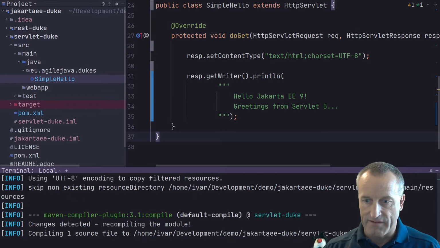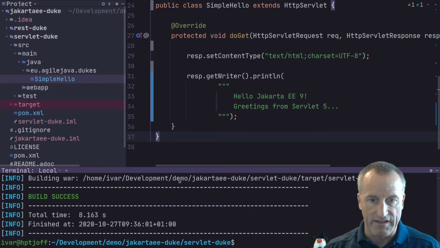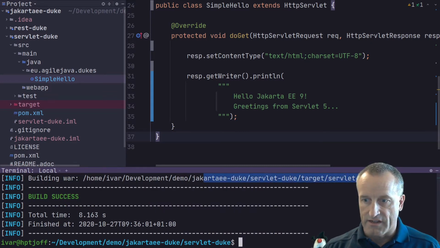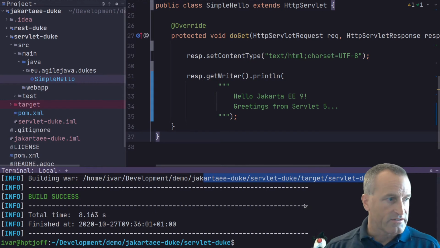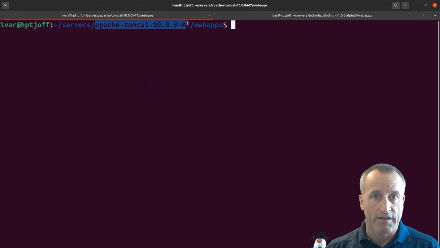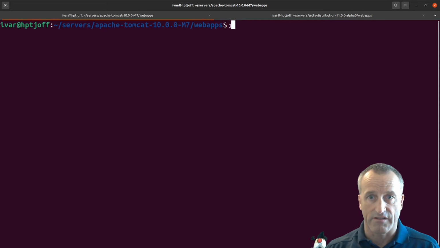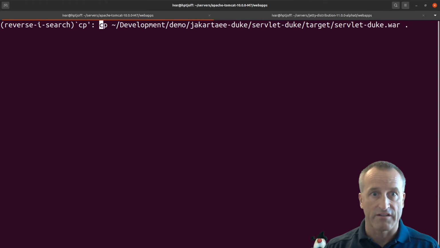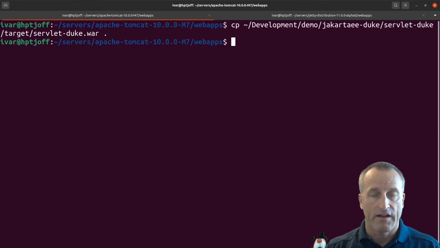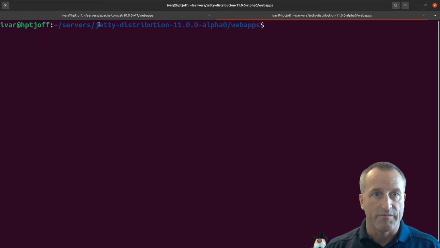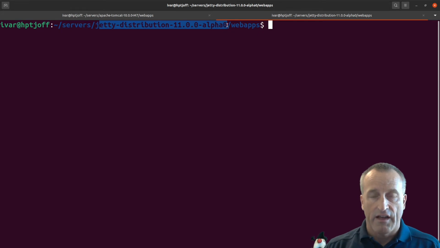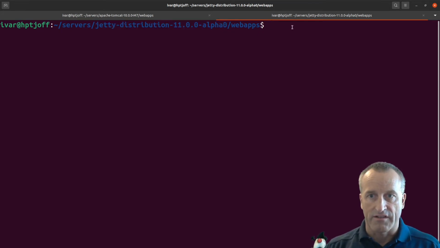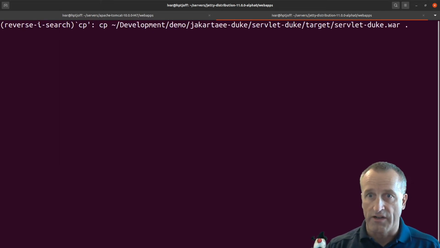So it should be building fairly quickly. And as you can see, it's here in the servlet target. I have this servlet war here. So I'll go into my command prompt, and here you can see I have Tomcat milestone 7 running. There are newer milestones out there, but this is the one I had installed here. So let's copy this servlet war into the webapps folder and let it deploy there. At the same time, I'll copy it into my Jetty, which is Jetty 11 here. And this is an alpha. I think they have some newer ones as well, but just check their website and see whatever they have. And I'll copy the servlet war in here as well.